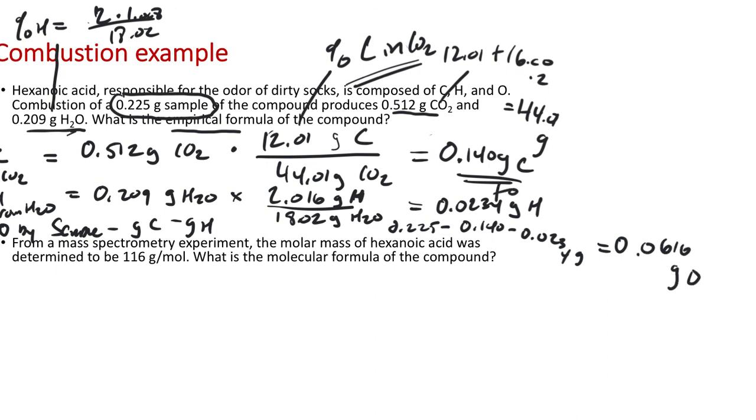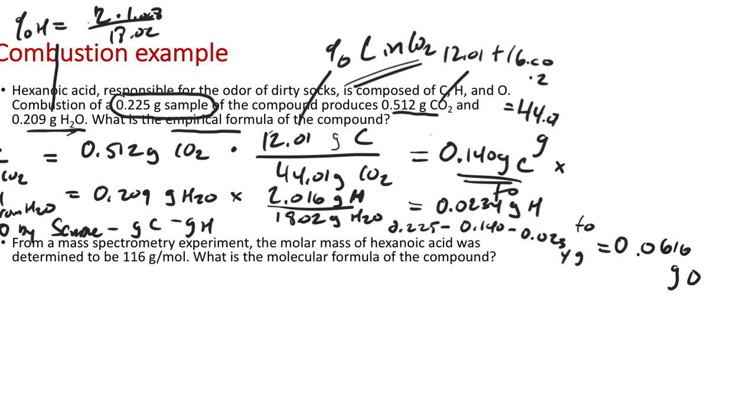So now these are the ratios of the masses of these atoms in the compound. Just like the percent composition problem, I can just convert these into ratios of moles. I could calculate mass percentages, I just don't have to. Like I could say, what's the percent C in the sample, what's the percent H, what's the percent O by mass. We could take 0.140 divided by 0.225. We could take the percent of hydrogen. We could calculate percentages and do the problem exactly the way we did previously,